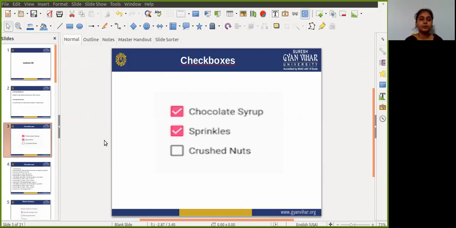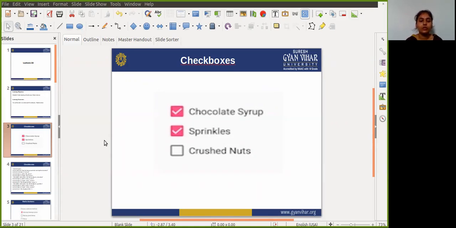So guys, use checkbox when you have a list of options and the user may select any number of choices. Means more than one choice. Okay, more than one, including no choice. Each checkbox is independent of the other checkboxes in the list, so checking one checkbox doesn't uncheck the other. If you want to limit the user's selection to only one item of the set, use radio buttons. A user can also uncheck an already checked checkbox.